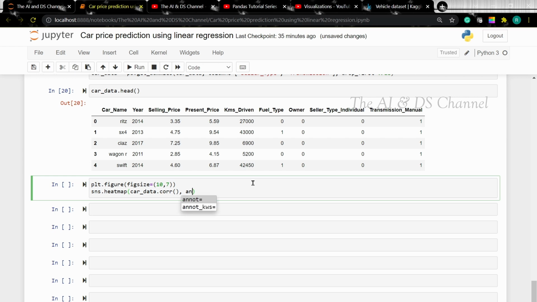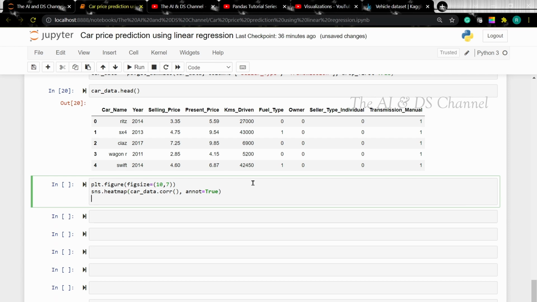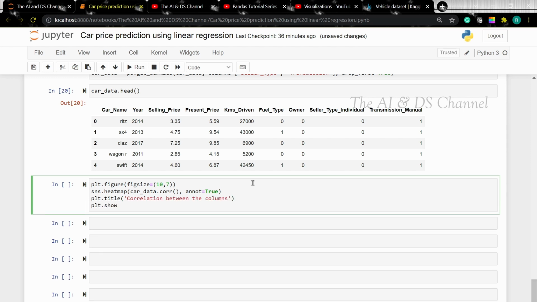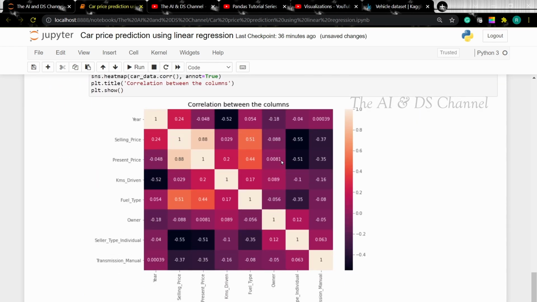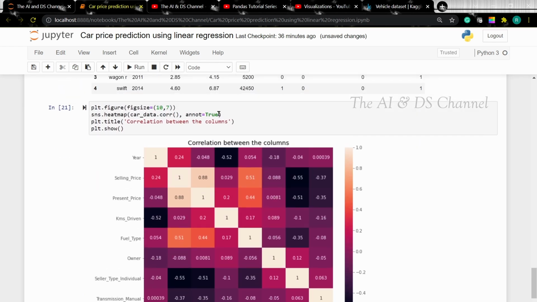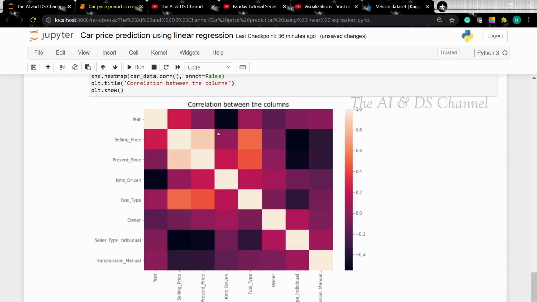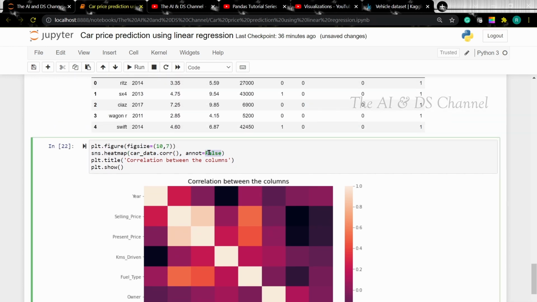I am setting annot equal to true to see the values inside the cells, and I'll add a title. And as we can see, our heat map is plotted. Now if I turn off annotation, the values will not be present inside the graph. So I'm putting it back on.